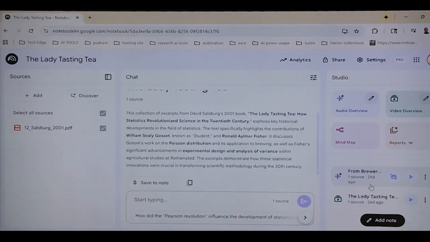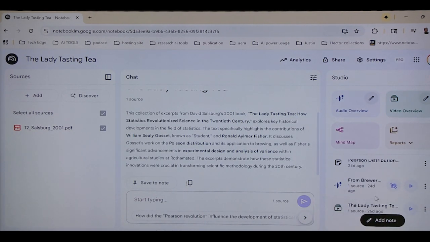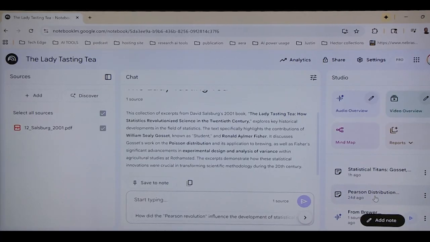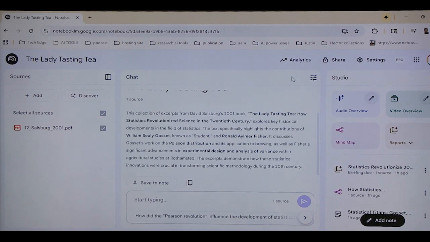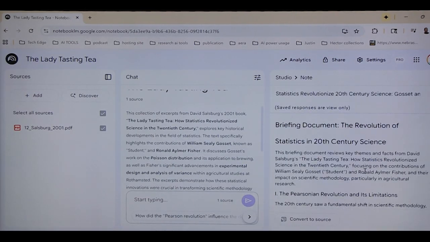Also, there's the video overview, which is available here, and there's the audio overview. And the notes that I've also saved are here. Personally, this is a small note that I added whilst listening to this audio and the video as well. And when you go back to Studio, you can also see the note that I saved previously by this overview. Okay, so this is it.